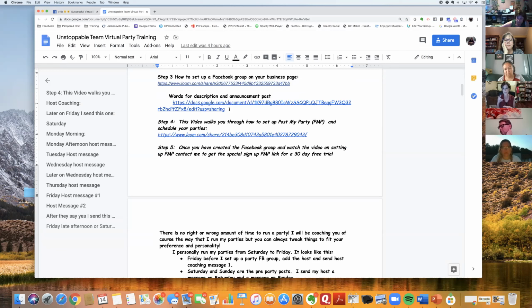What I also have put in here, and I'm going to change this based on what Terry and I talked about earlier, is a description and announcement for your groups. When you click it and open the Word doc, it just has the words to use, okay? Actually, we might take that off, because if it's on the example one, Terry, they can grab it off the example. Yeah, you just copy it. So I might just take that off completely so it's not even on there.